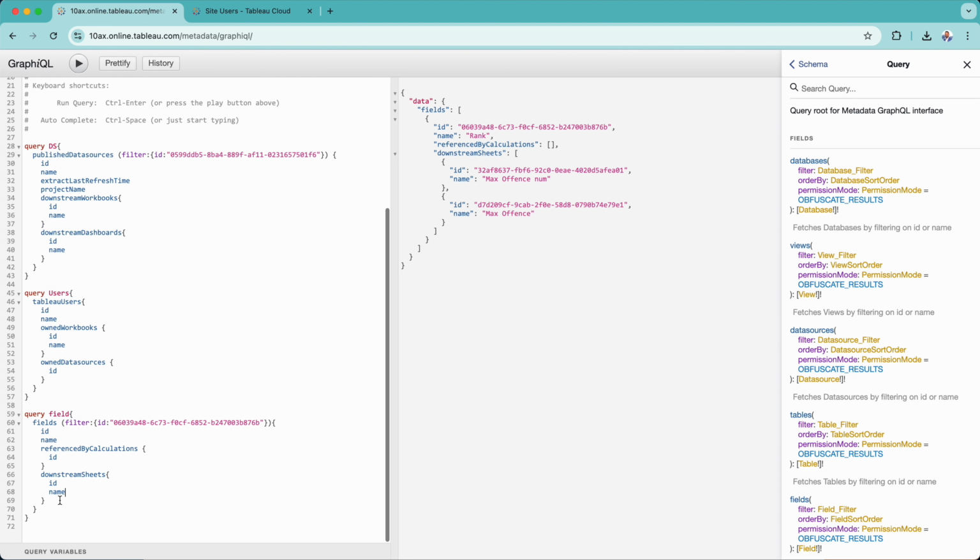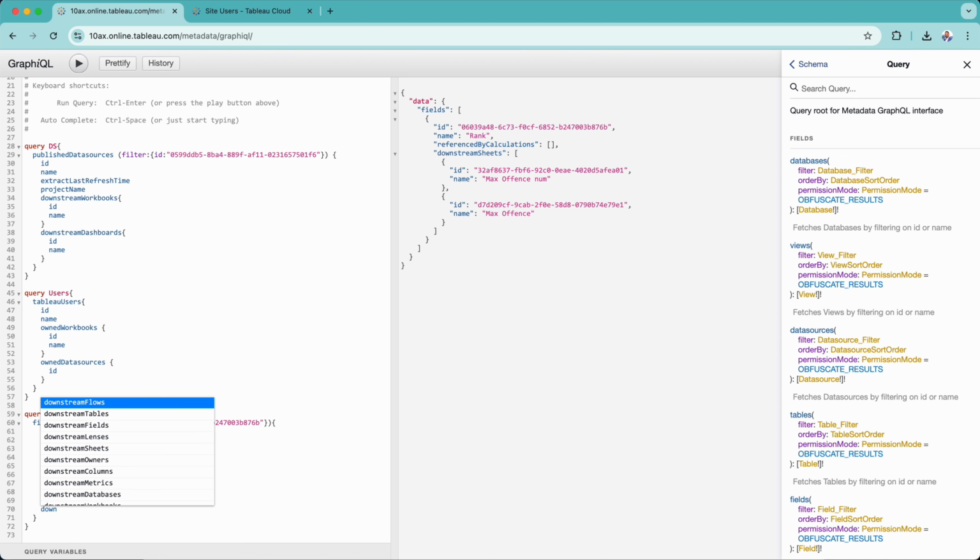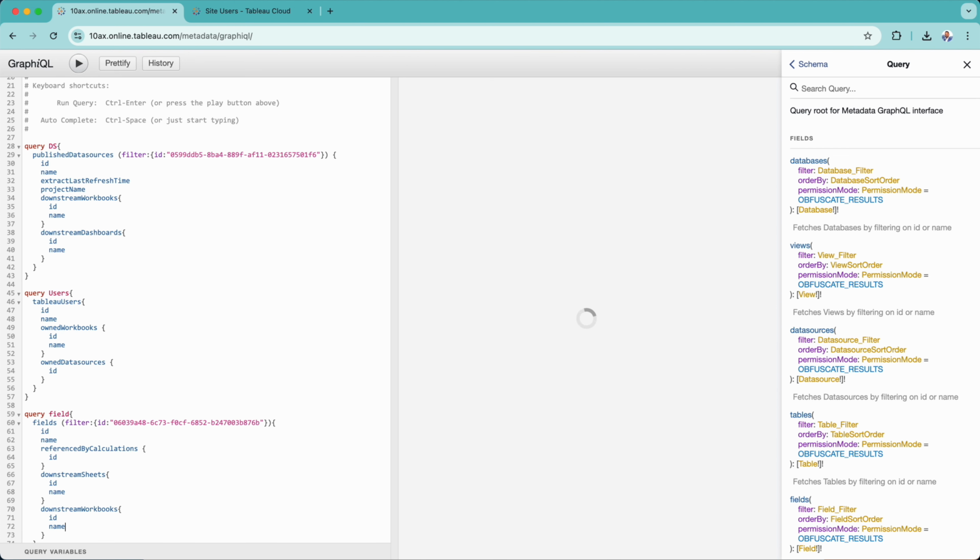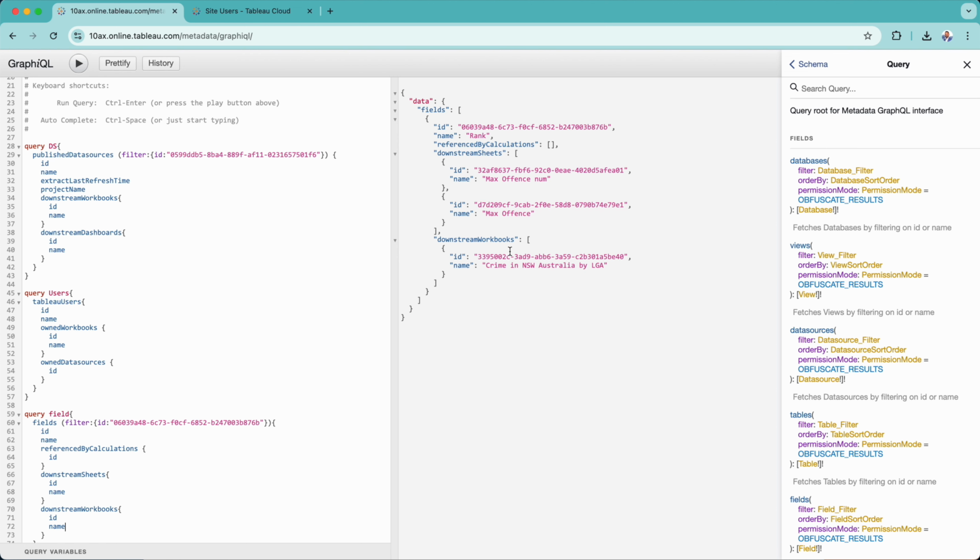And in the same way, if we want to see downstream dashboards or workbooks, we will simply add that information, and you can see here it will give us the workbook, the workbook where it will have an impact. So that way you can easily do the impact analysis if we are making some changes to a data field on a particular data source, and you can find the lineage straight away, how that particular field will have an impact on the workbooks or different